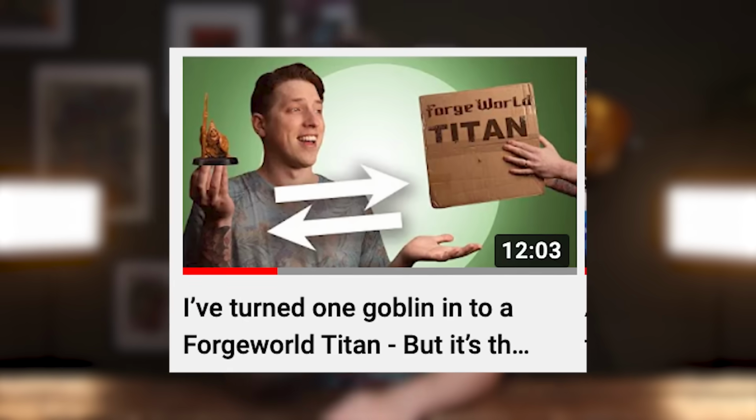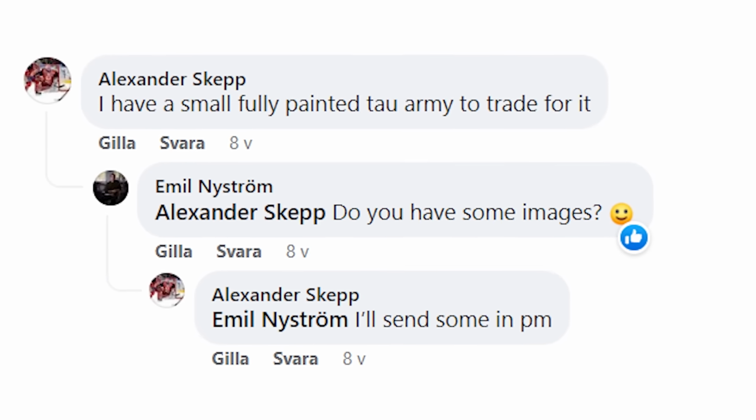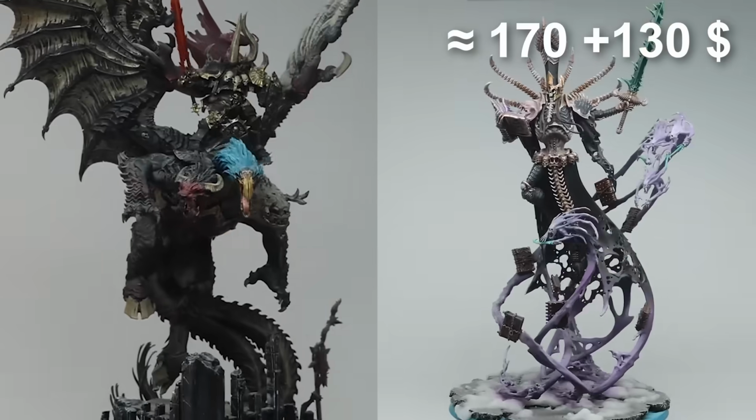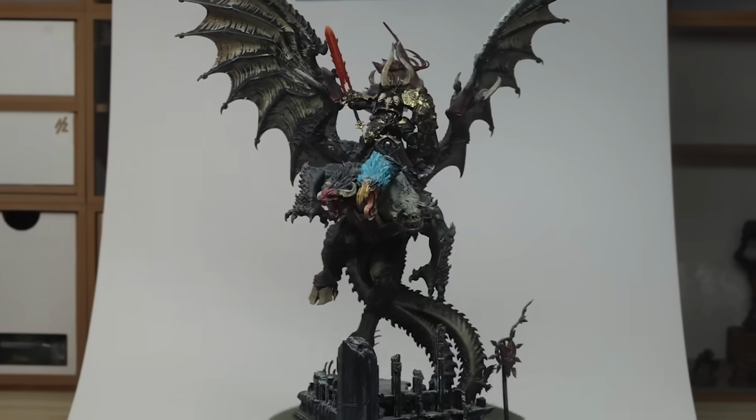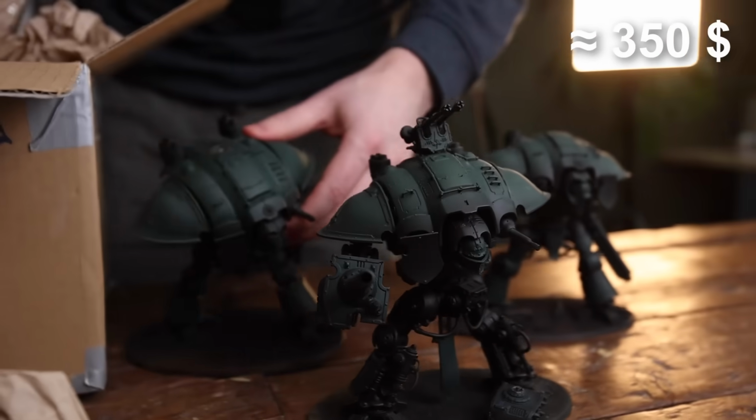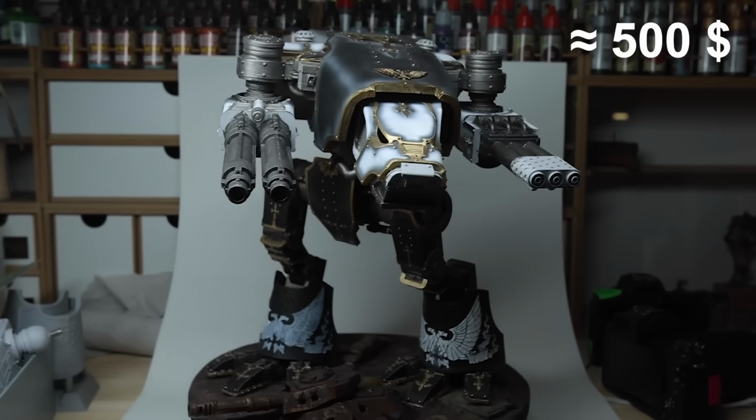So came our second video, and we got offered something pretty awesome, a Great Unclean One, that I traded for a Tau army, that then magically became Archaon, Nagash, and a Mega Gargant. And this is truly where things went nuts. The Mega Gargant was traded for a Death Guard army. Archaon turned into 3 freaking knights, who in their turn turned into a Warhound Titan, the smallest one of all